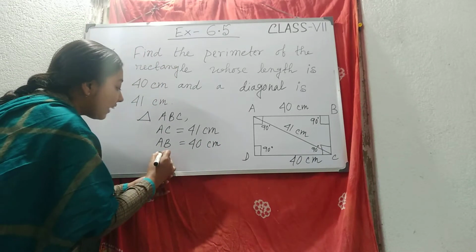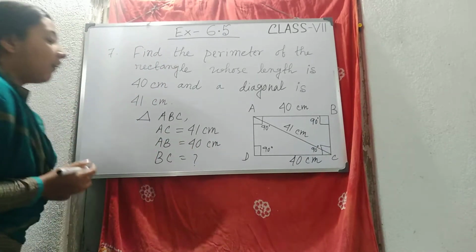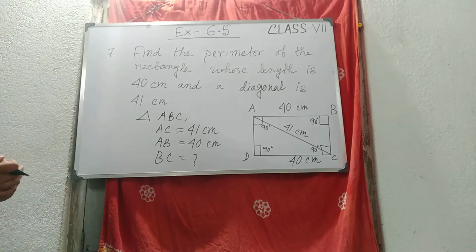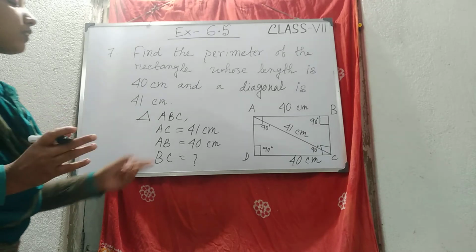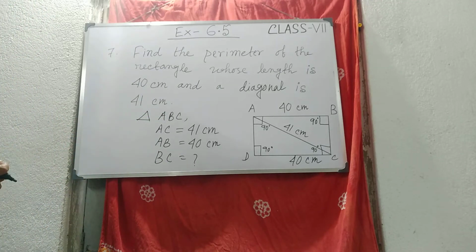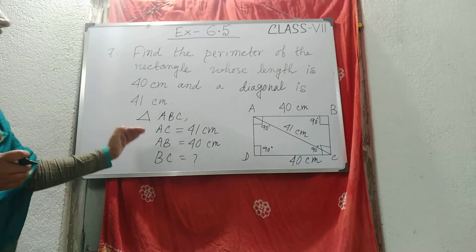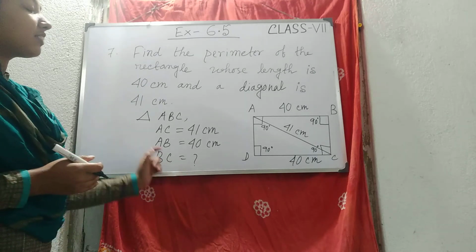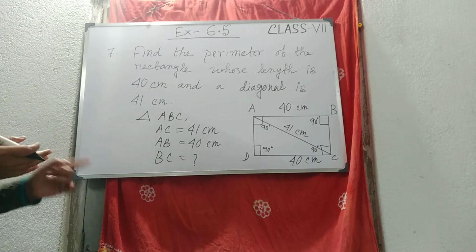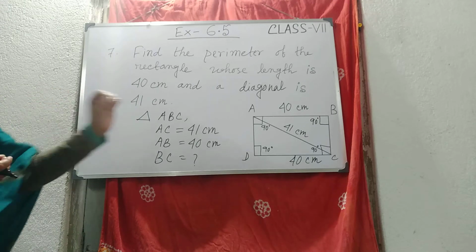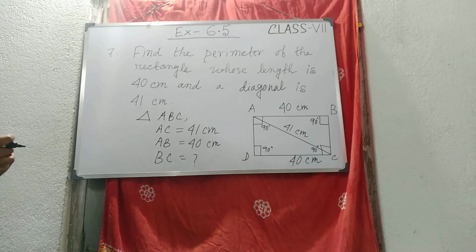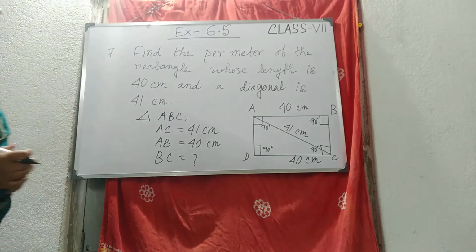Now how can you get the remaining leg? How can you get the other side, the remaining leg? We have already learned. From the main formula, we have derived two more formulas so that we can easily get whatever we need among these three sides. If we need the hypotenuse, directly which formula we'll use, we have learned. From that formula, we have derived two more formulas so that we can get each leg. So which formula should we use here for getting the value of BC?